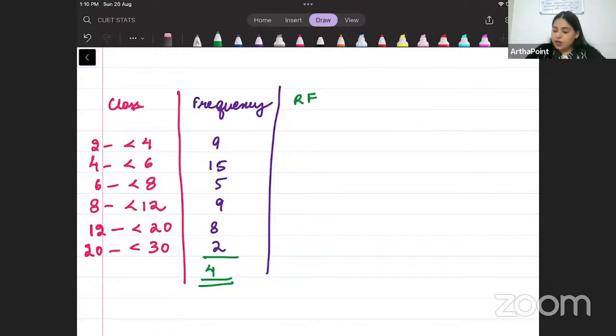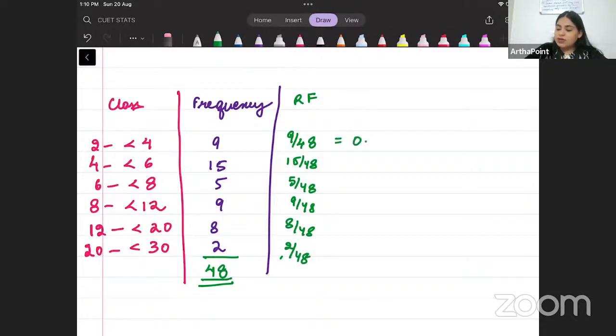तो इसका sum आ रहा है 48. So relative frequency will be 9 divided by 48, 15 divided by 48, 5 divided by 48, 9 divided by 48, 8 by 48 and 2 by 48. ये हो गई relative frequencies. So you will get some numbers: 0.1875,